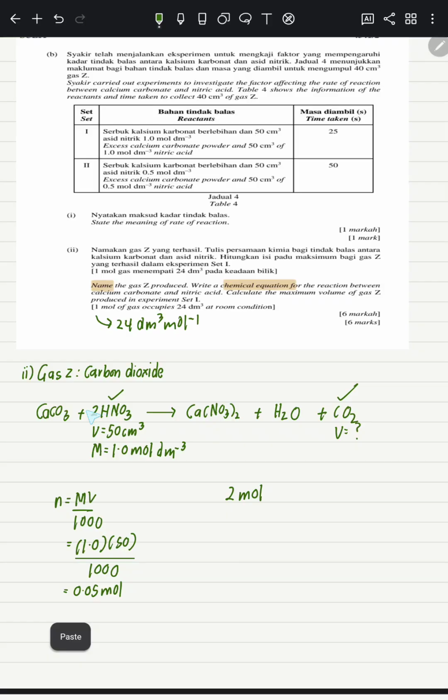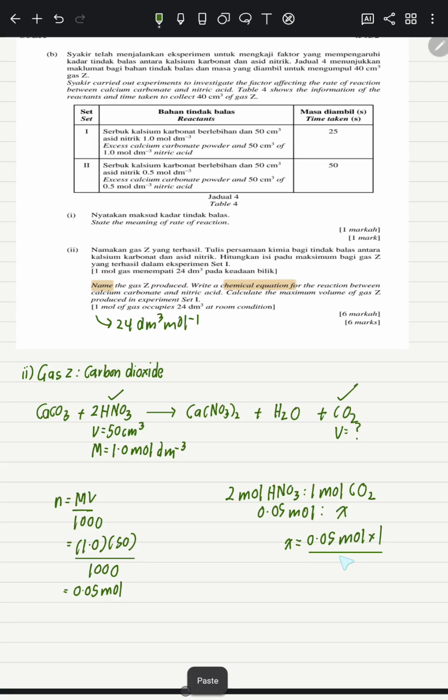From your chemical equation, you have 2 mole of HNO3 and 1 mole of CO2. And in the question just now, you found 0.05 belongs to HNO3, so that one is in the lab, consider it was in the lab. Then this one you don't have, so you have to find it. Find the X by doing cross multiplication, which is 0.05 mole times 1 divided by 2. So you will get 0.025, sorry,